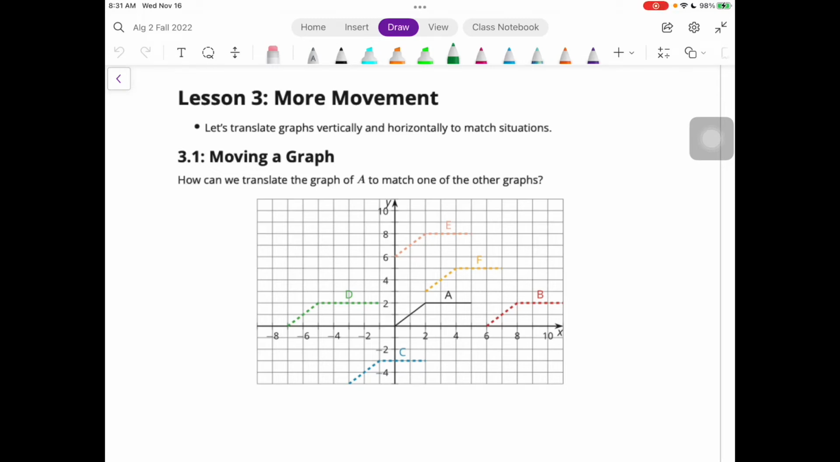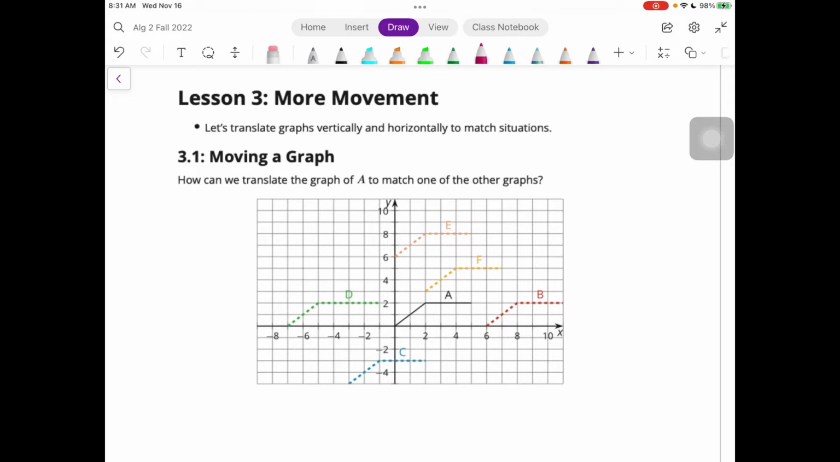Let's take a look at Unit 5, Lesson 3, More Movement. So we're going to translate graphs vertically and horizontally to match situations. How can we translate the graph of A to match one of the other graphs? Okay, so I'm going to do all of them, and we're going to start with